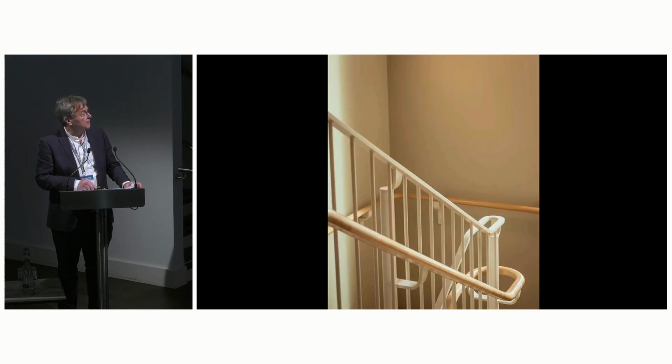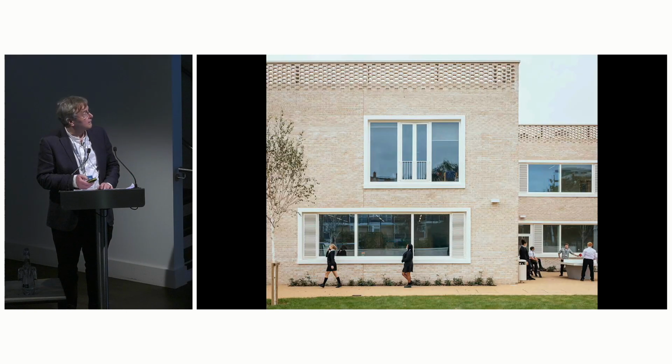And it was detailed very carefully so that it was safe and indestructible. The handrails are nice and curved and pleasant to touch, but the handrail's taken up high so you can't throw your friend off the...